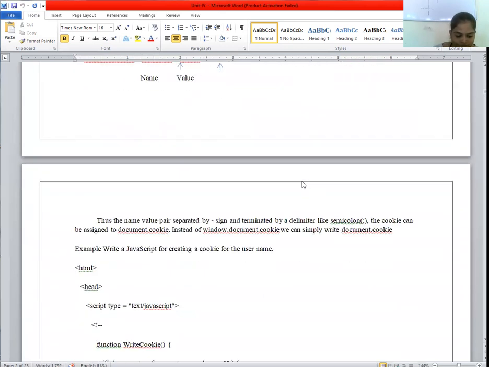This is your value. The name-value pair is separated by an equals sign and terminated by a delimiter like a semicolon. The cookie can be assigned to document.cookie instead of window.document.cookie. We can simply write document.cookie.